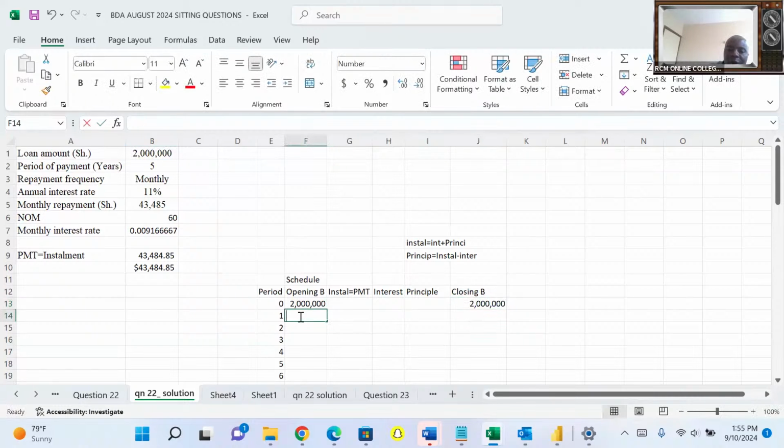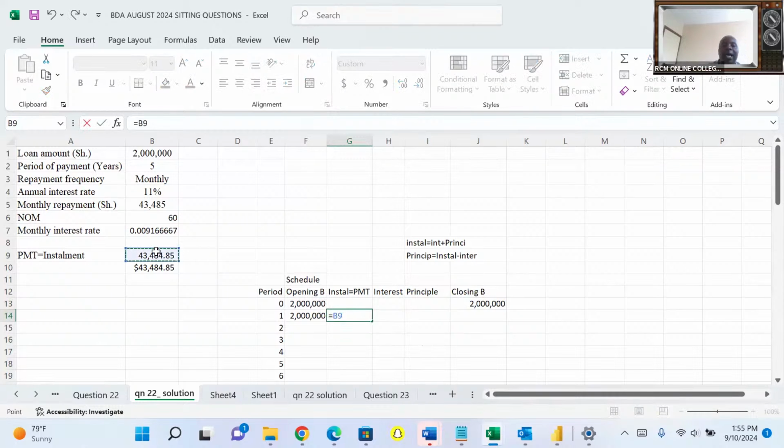So time 1, I would want to connect this with this, because it's normally a pattern. I say enter. Installment, what do I have as installment? I will come and say installment. I know installment is this. And now this one has to be dollarized because installment does not change. Installment does not change. So come here and say F4 like that.